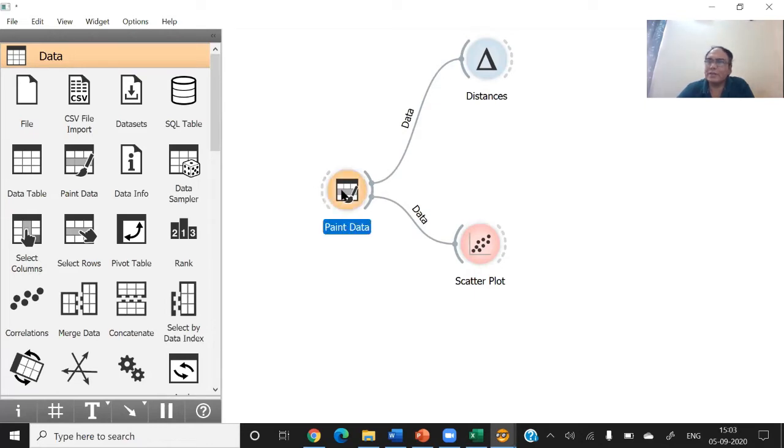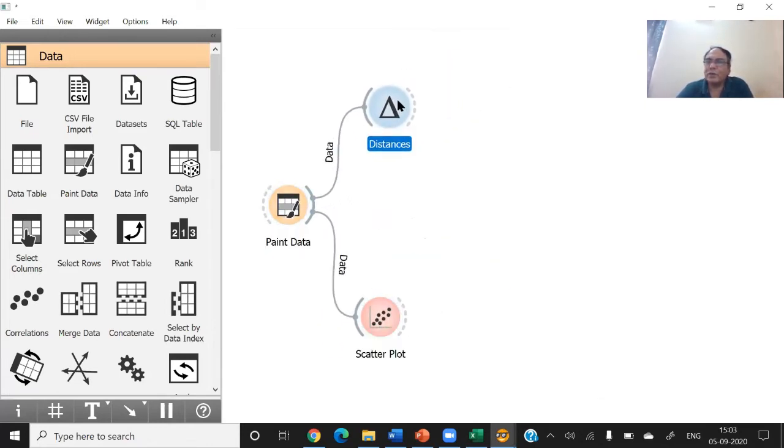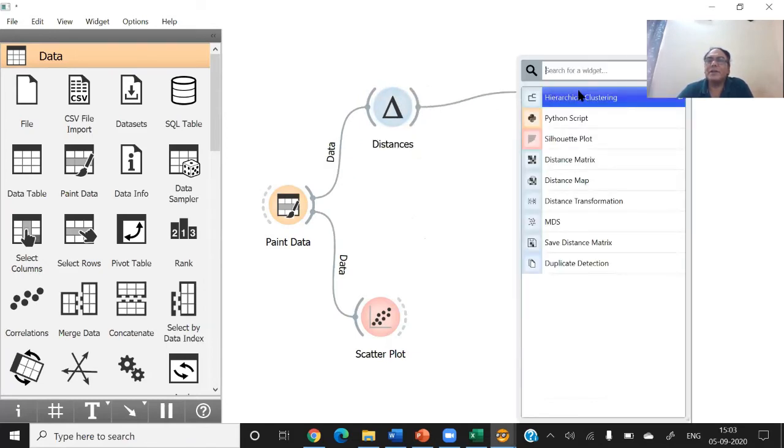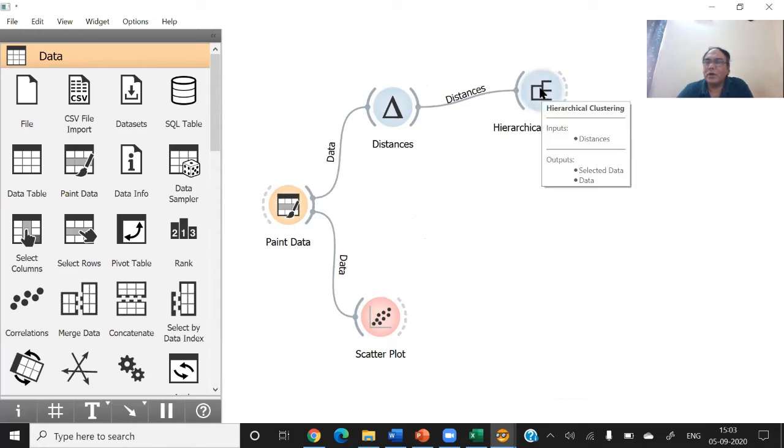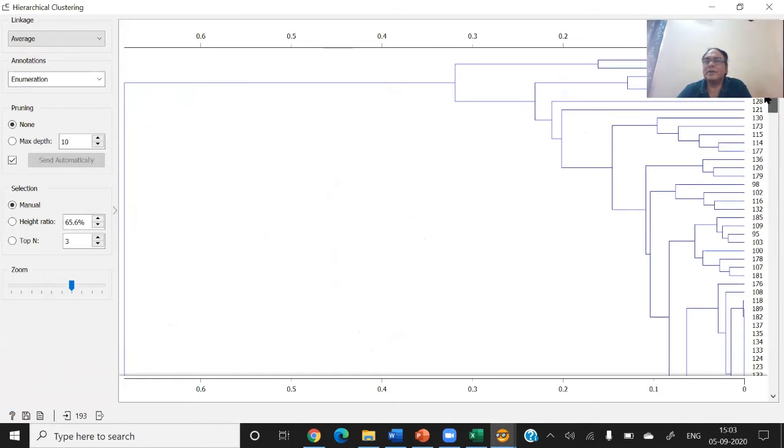Are they similar? Are they different? On the basis of these, we can find out how many groups we can form. Let's say Distance, Hierarchical Clustering. Now, if I ask you how many categories we can form on the basis of income and consumption, let's see. The software is showing you the different groups.